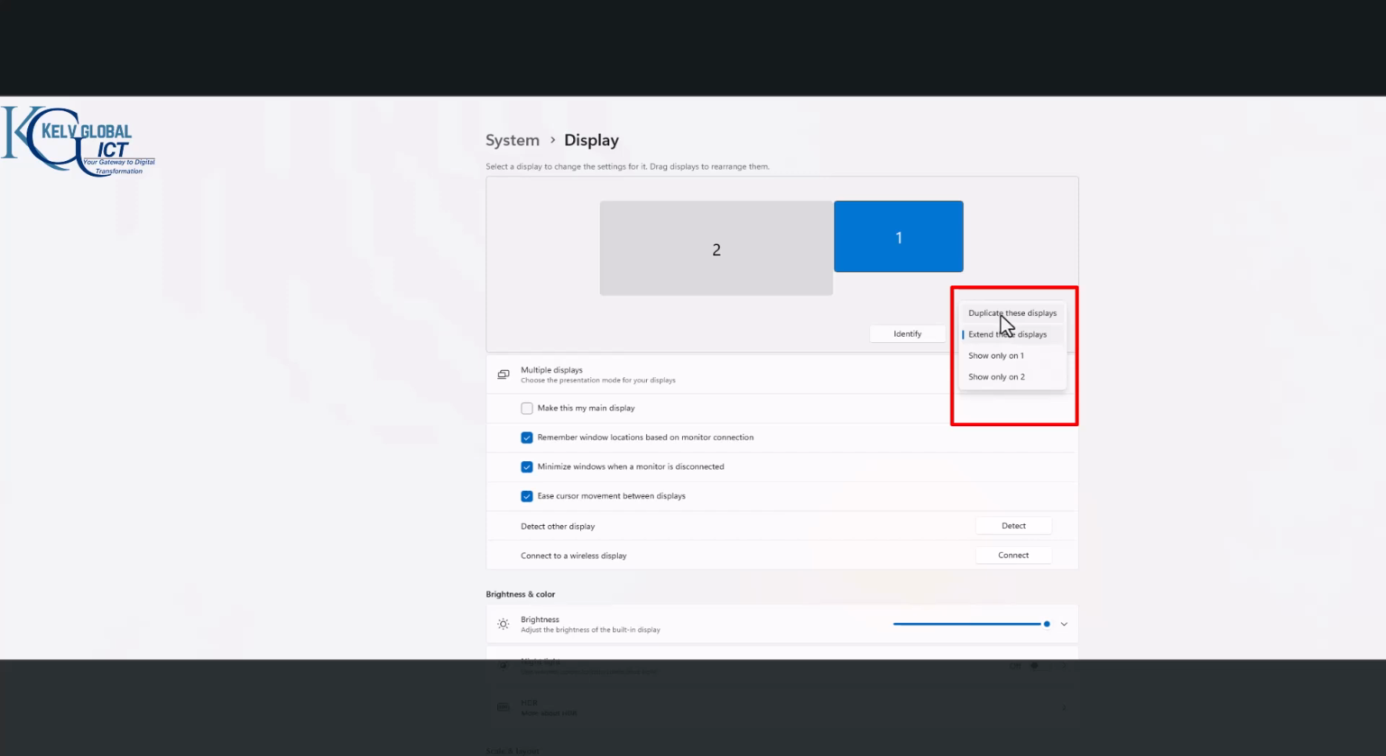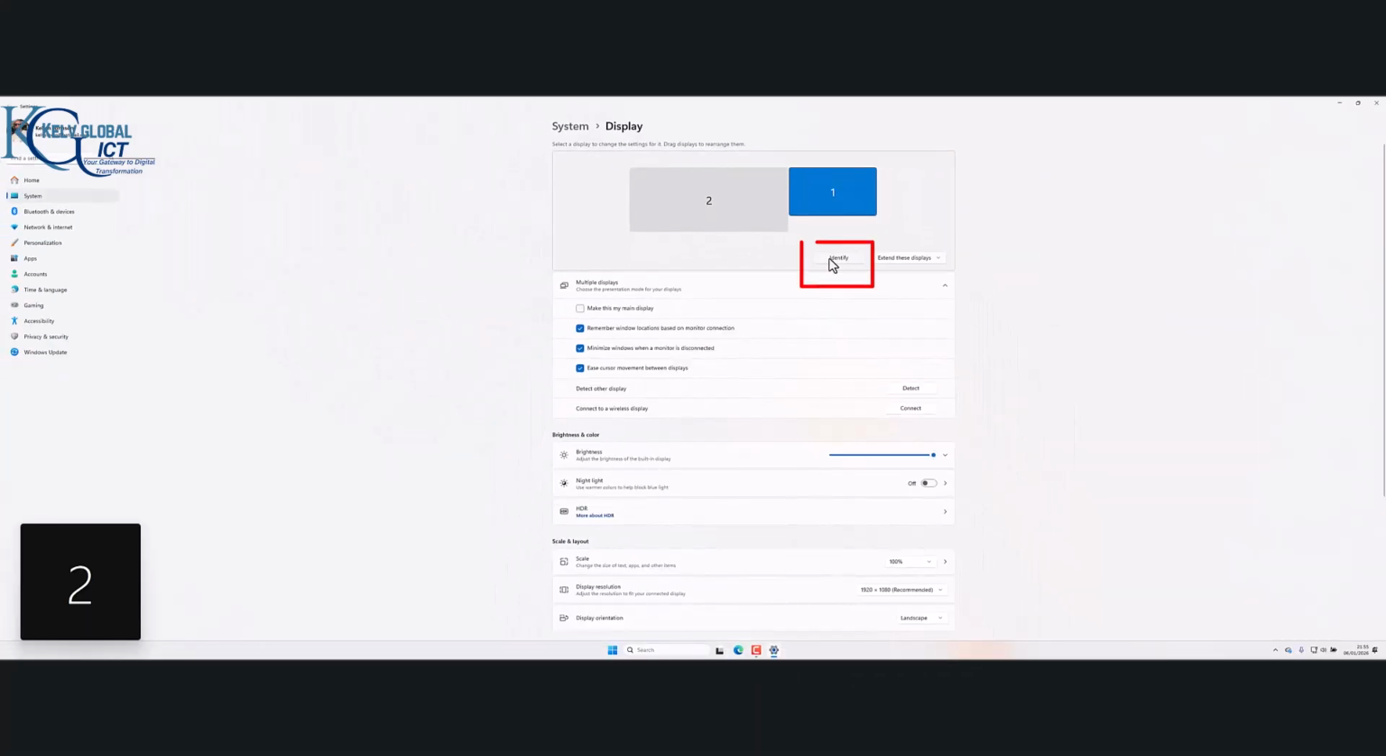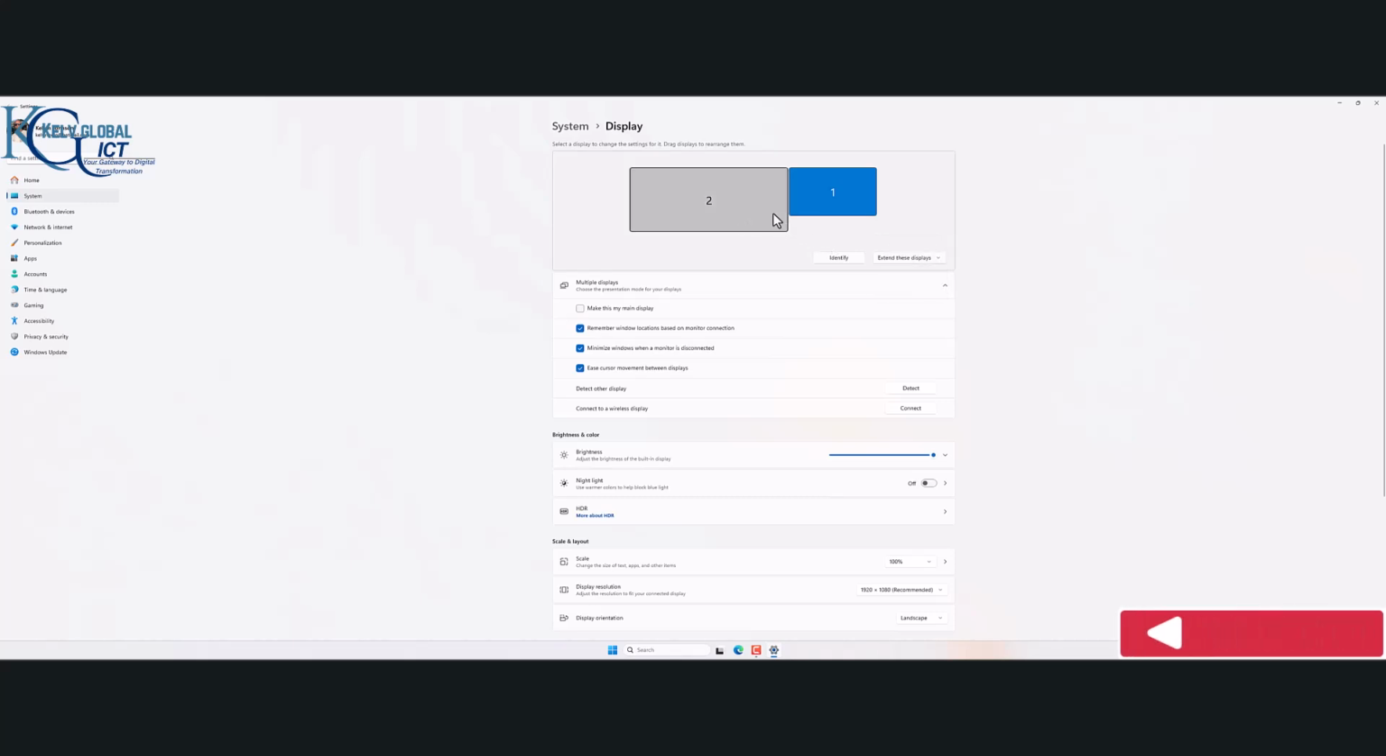You can see we can duplicate this display. We can show only on one and only on two. And first of all, you want to identify which screen is the first one and the second one. So if you click identify, you can see that this monitor I'm using right now is my second monitor. So you want to click extend the display, and here you can see that I will have two, but I